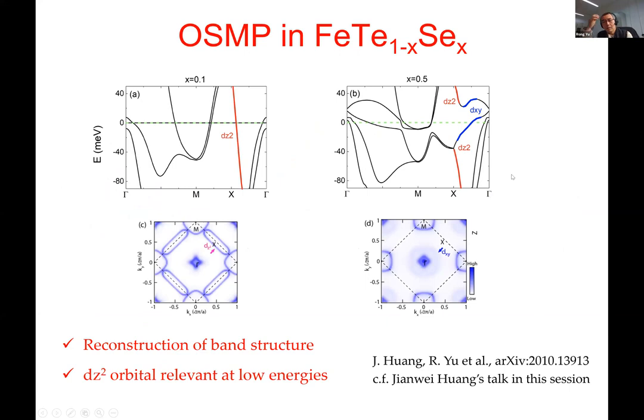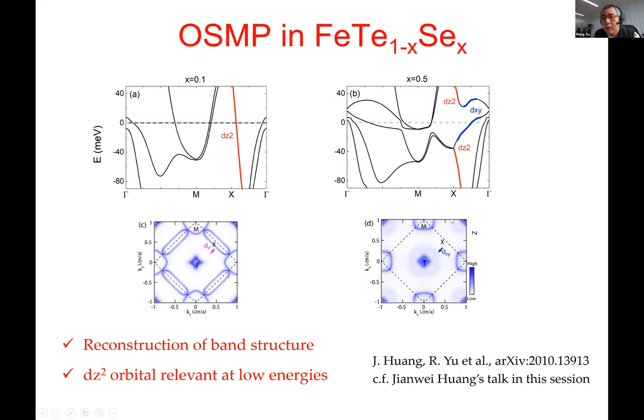Okay. And why is there this reconstruction of the Fermi surface in this iron trigonalite system? We can take a further look at the band structure in this system. So for x equals 0.5 in the bad metal phase, we see the dxy orbital is strongly renormalized. And because the dz square and the dxy are hybridized along this gamma to X direction, which corresponds from the